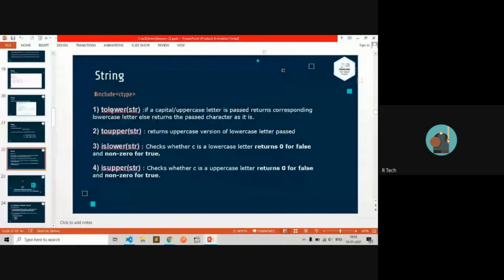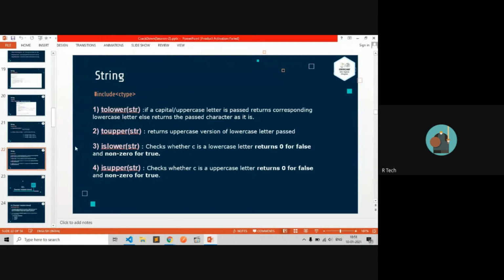Then there are some other functions like tolower, which converts a whole string to lower case, and toupper, where all characters become uppercase. Islower checks whether the string is lower, or isupper checks whether the string is upper, just returning a boolean value.